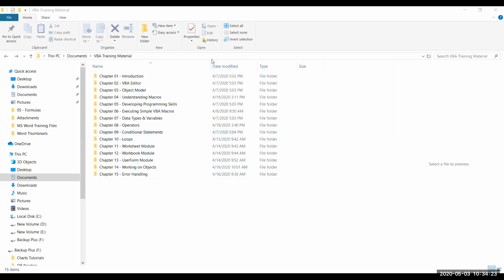These are the materials and the number of chapters that we are going to cover in VBA. I have to make one thing sure before starting. Even if you are not a programmer and you don't have any programming background in your academics, it is completely fine. You can take up this course because we'll be starting from the very beginning: how to write code, why we use VBA, what is VBA. That is covered in the introduction part.